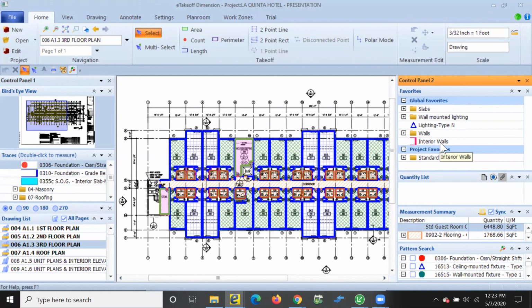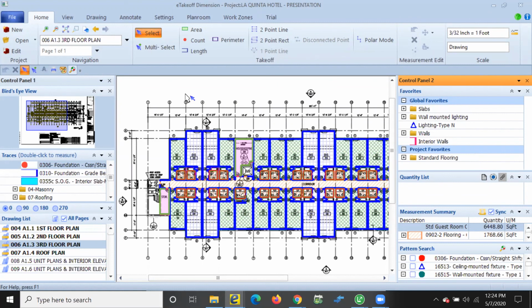So with eTakeoff, you can have multiple estimators in the same exact project at the same time. If you have 2 estimators on the project, you have 2 licenses of the product. So licensing works exactly the same way as the Sage products, concurrent uses and so forth. But it does make that easy for you guys, if you had a quick bid coming through and needed people to get some takeoff done right away, you could have multiple people in there.